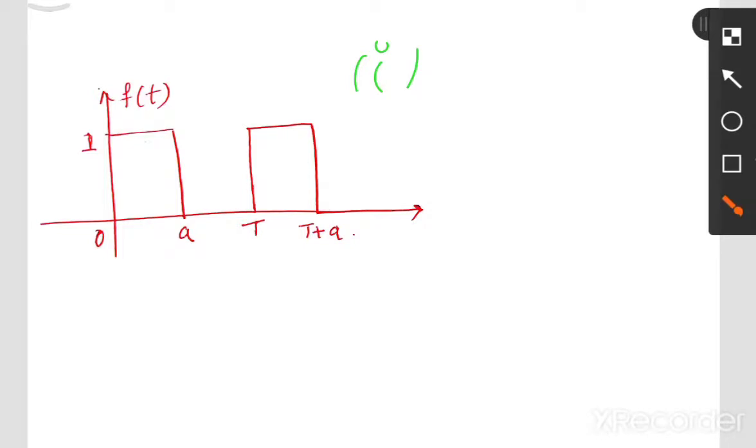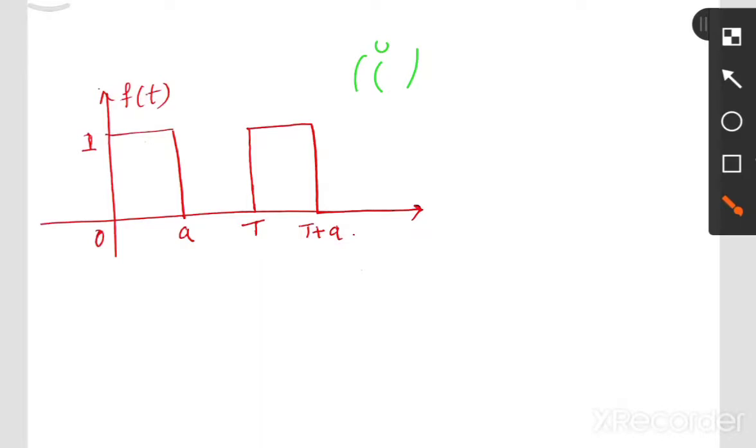Okay, delta of t will be 1. It is an impulse. So you can take it from 0 plus t and 0 minus t. Your impulse signal will be present only at this point, which is delta of t, with a magnitude 1, right? So the signal is present at t equal to 0. At other times, that is t not equal to 0, it will be completely 0.